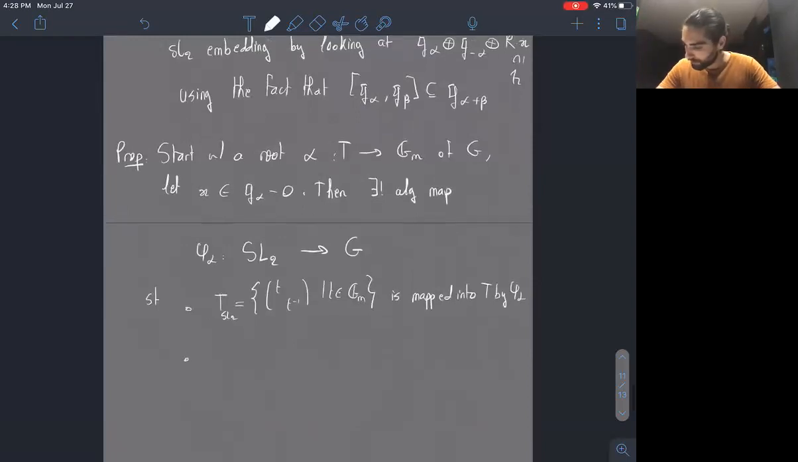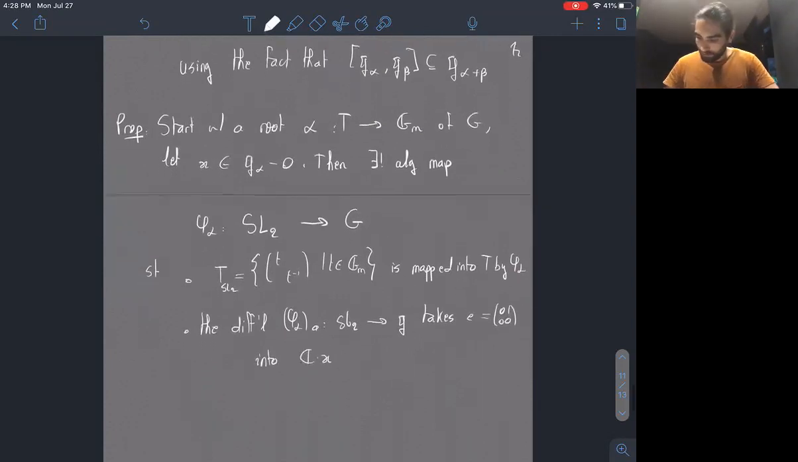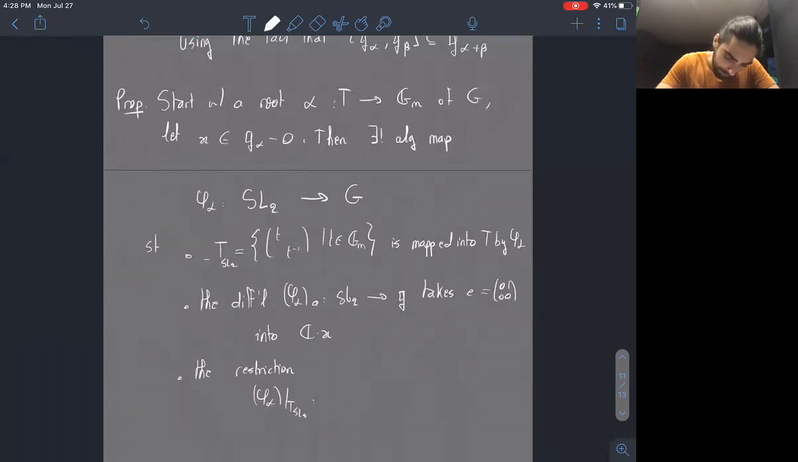The second property is that the differential, so phi alpha lower star from little sl2 to the Lie algebra of G, takes the element E in little sl2 into the span of X, where X was this element of the root space we started with. And the last condition is that the restriction of phi alpha to the torus, which we can identify with Gm,